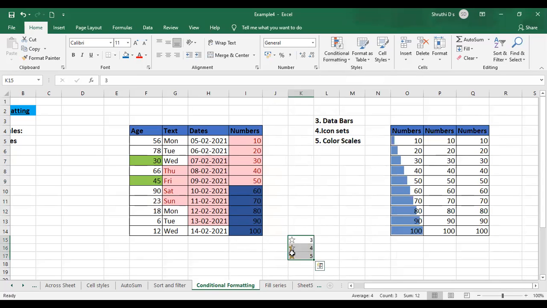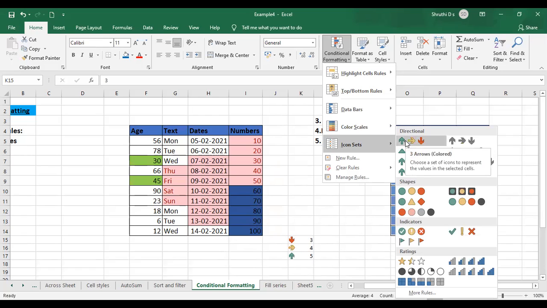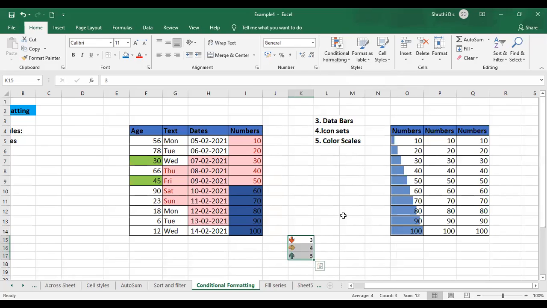So see, 3 star, 4 star, 5 star, it appears like this. Now it is not fully filled, right? Like that, you can even change the icon sets there. You can even select this, or what you can view in your mobile phones for the signals. You can also use this for giving ratings, and also you can use this as a tick mark. You can give any options like this. Different colors, traffic signal colors, and different shapes you have, and you also have the arrow mark symbol.